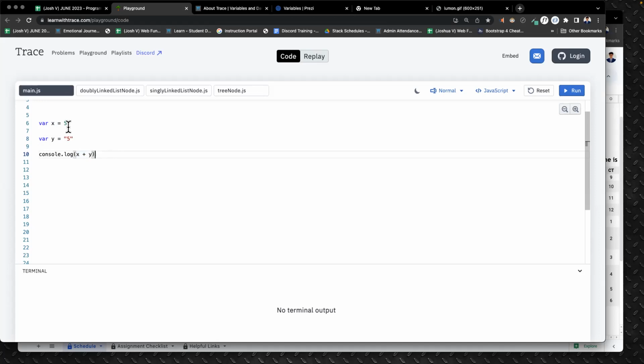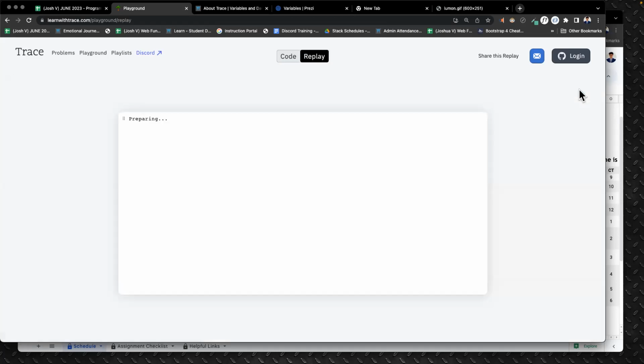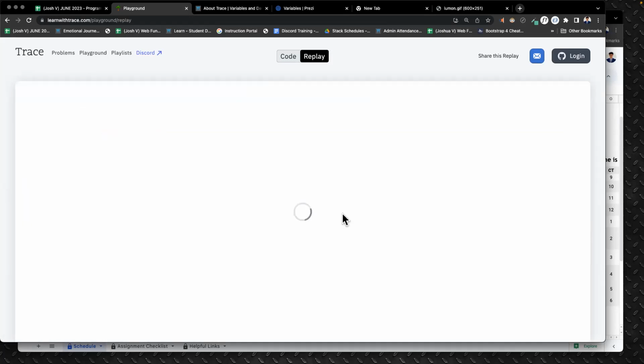The thing that we want printed has to be within the parentheses. Okay, so I have my first variable, I have my second one. We said we wanted to see what happened if we combined a string with a number. Let's check it out. So I'm going to click this button, run. It's going to take a minute to load. And we're only going to be using this tool for the first week. Okay, after this, we'll let go of this thing. But for now, it's going to be a helpful tool to understand how the